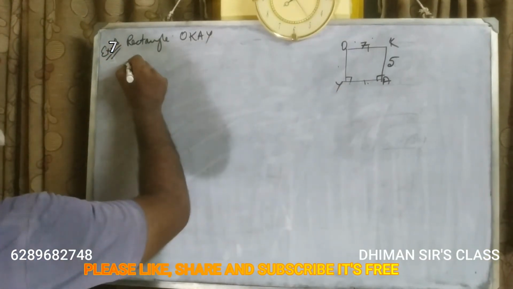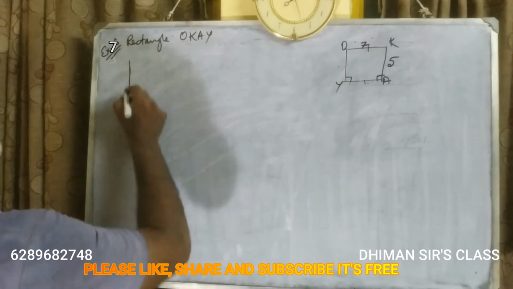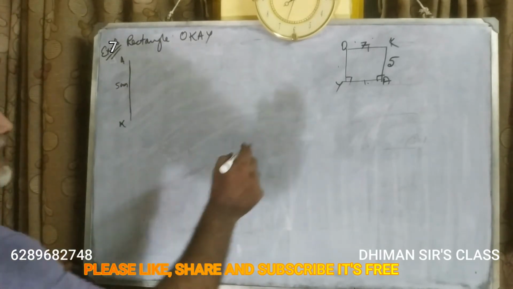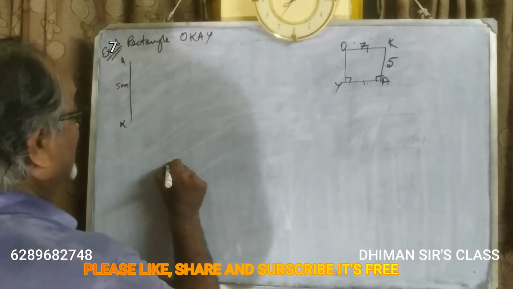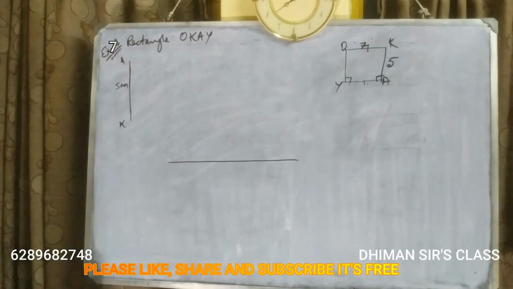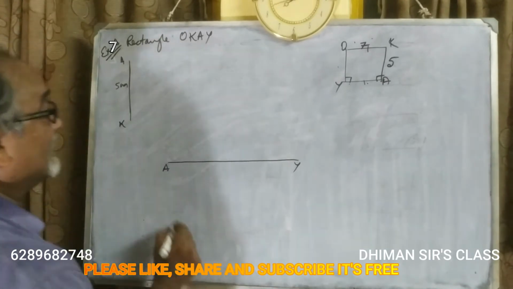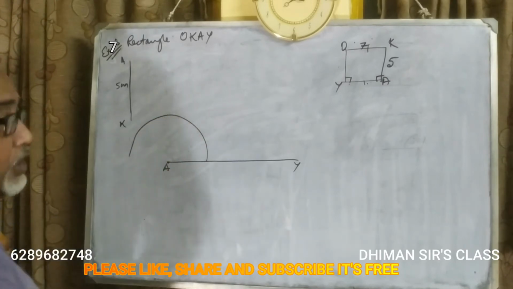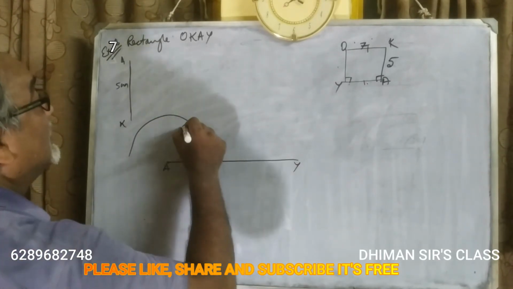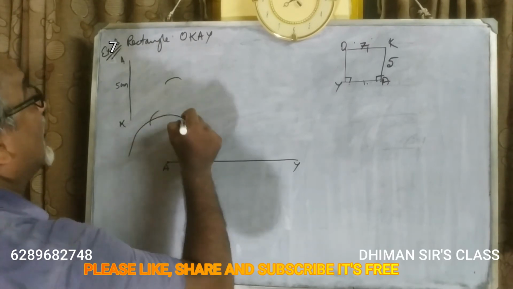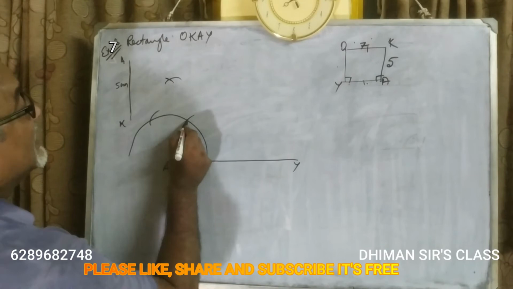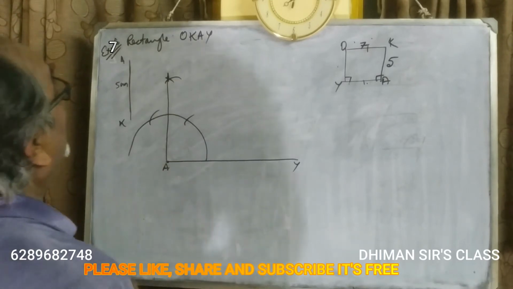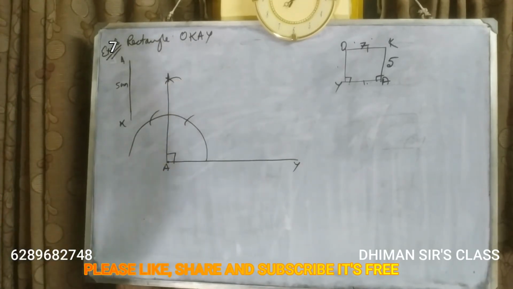First, AK 5 centimeter and AY 7 centimeter. Now we have to draw 90 degree. Don't change the measurement now, with the same measurement, 60 degree, 120 degree, this arc for 90 degree. Put the needle here, this arc. Needle here, this arc. Now join these 2 points. We have got 90 degree now.